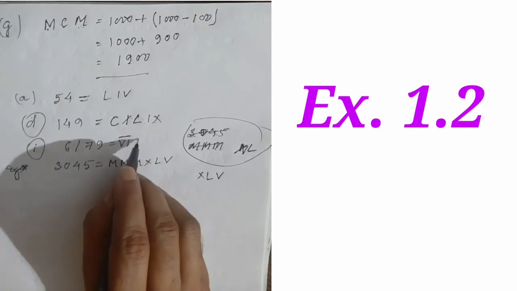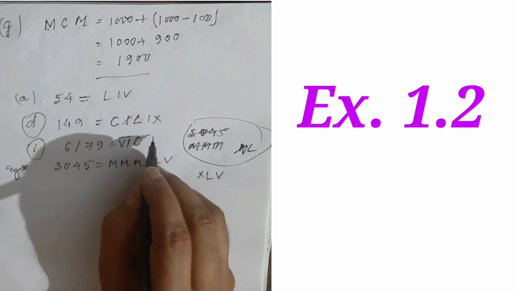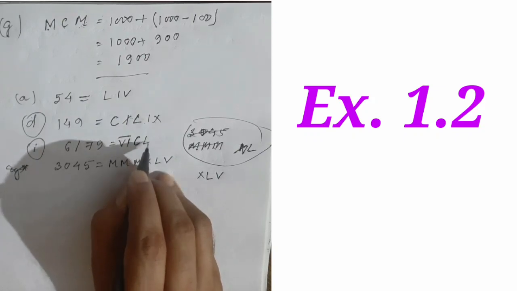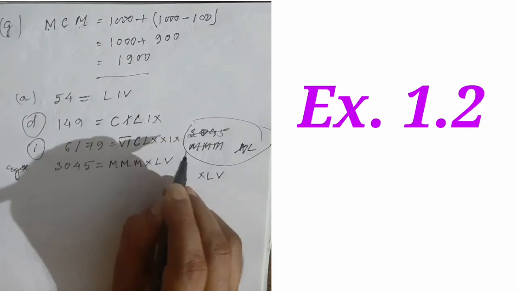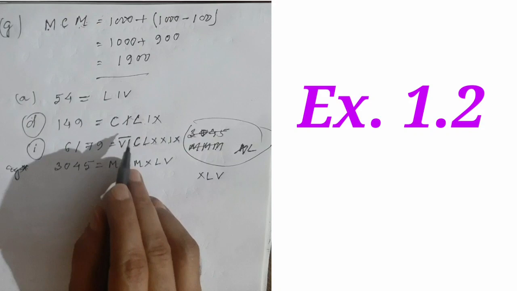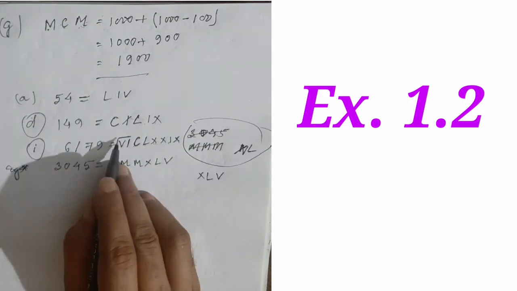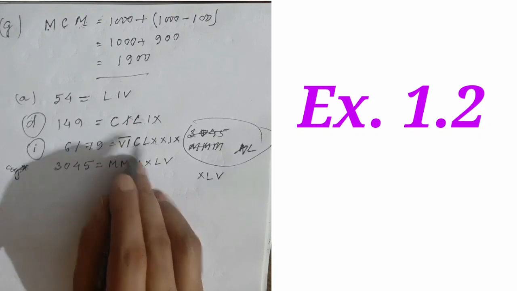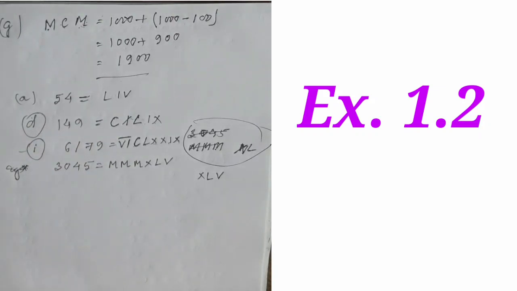6179. So this is 100. Then now we'll write 79. Now this one is 60 and this is 70, and then 19 is 9, that is 79. Okay, so if we have to write more than 3000, then we will use a bar. Yes, don't forget this part. So this is an important point which you have learned here now.